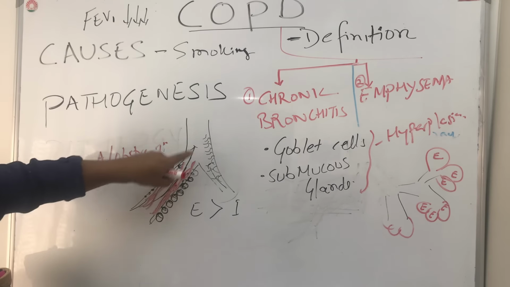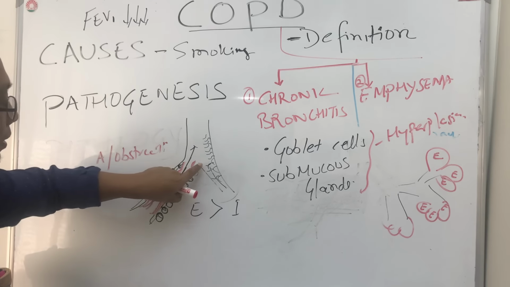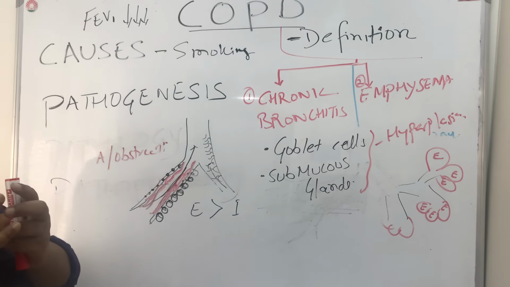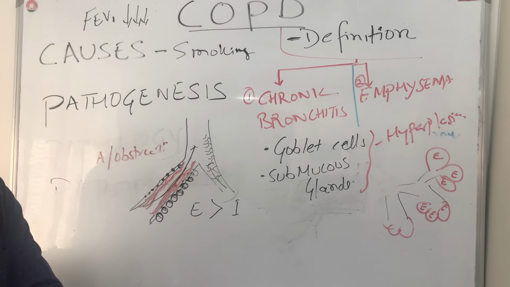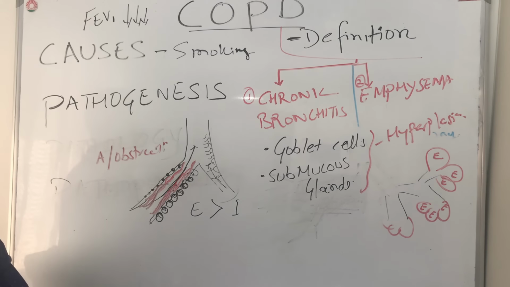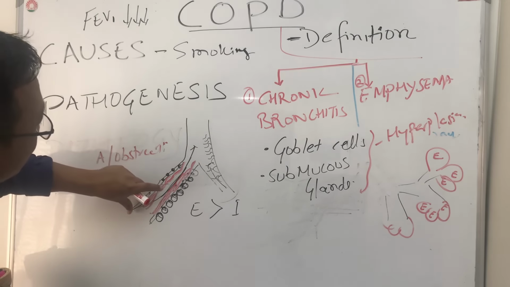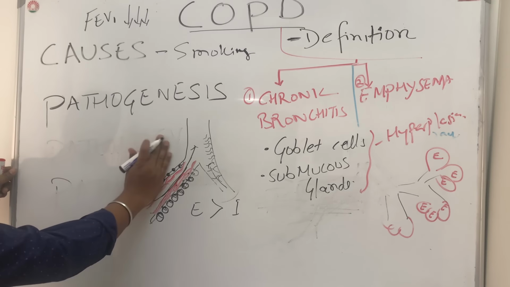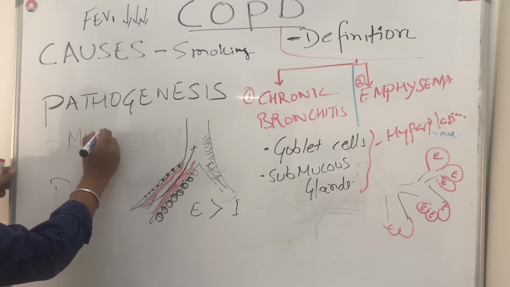There is ciliary destruction also. So now the cilia is being destroyed and there is an abundance of mucus. So what is happening here? The whole mucociliary escalator function, that is one of the important functions of our respiratory system, is not working. So as a result, the mucociliary escalator function